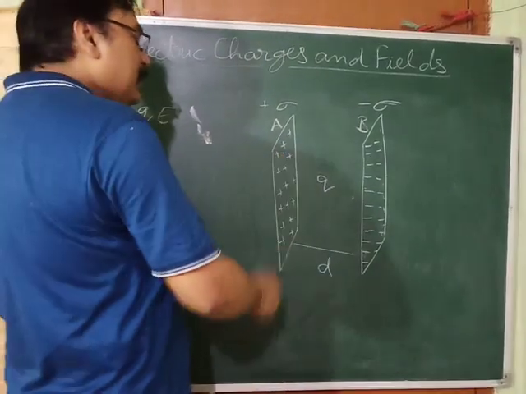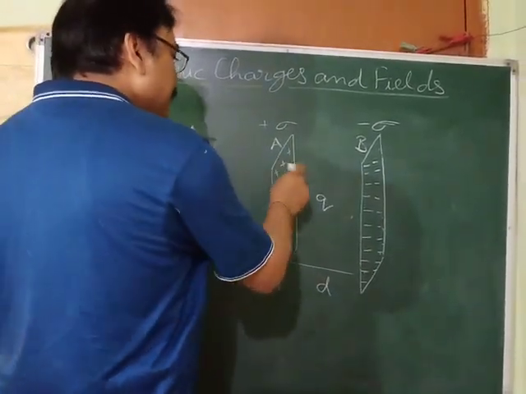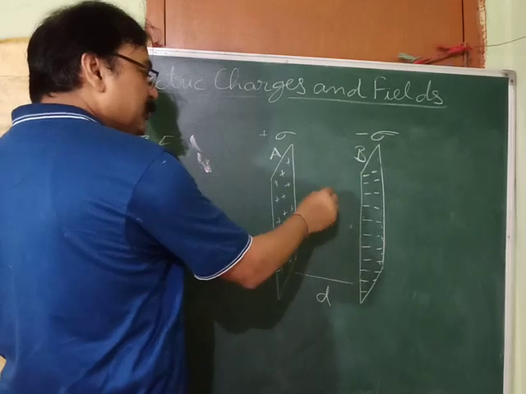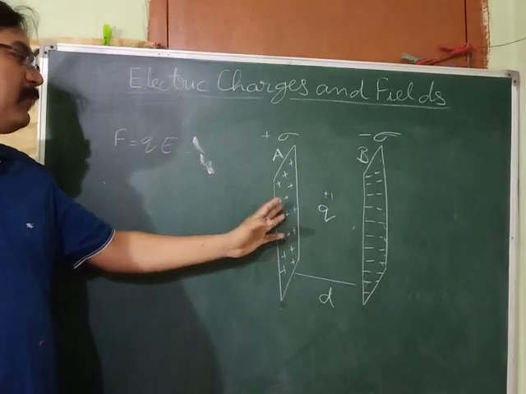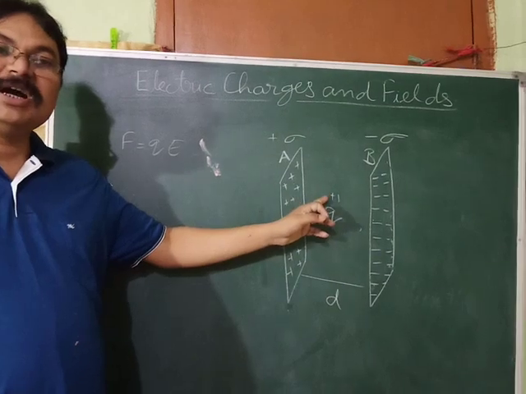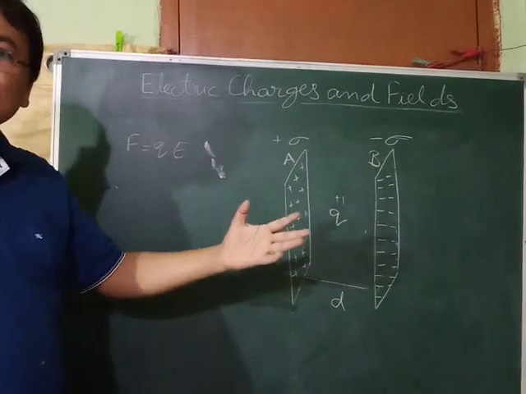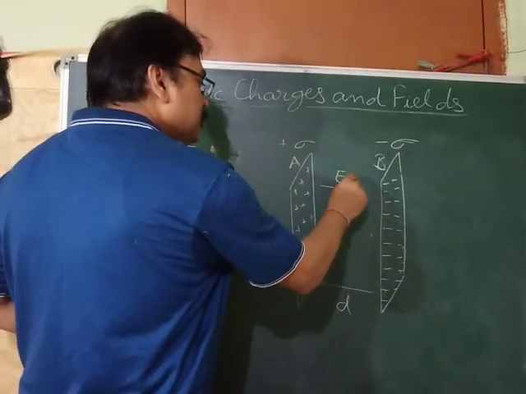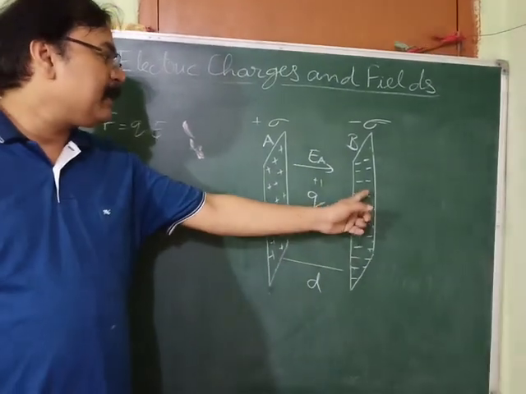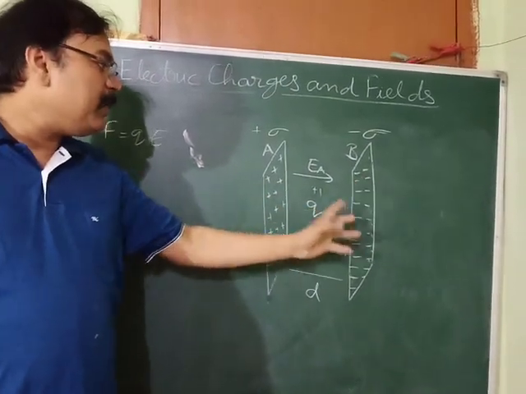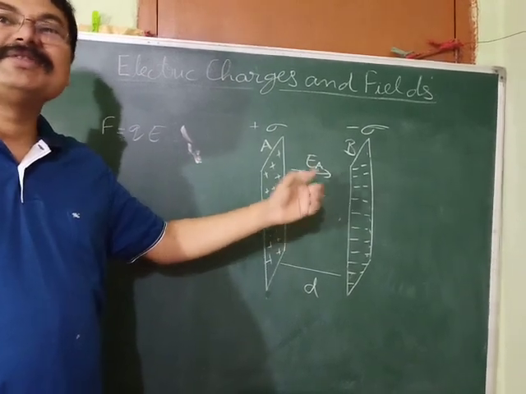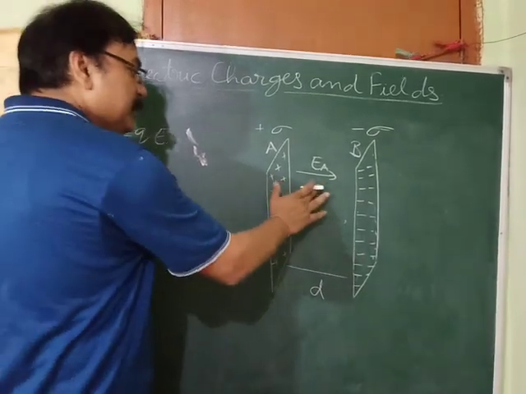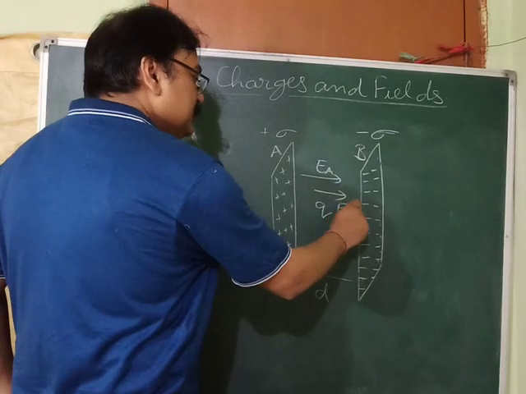In order to find the net electric field intensity, we have to find the direction of the electric field intensity due to both the plates. Suppose you place a unit positive charge. This plate will apply force on this unit positive charge away from it, obviously, because similar charges repel. So its electric field intensity will be directed in this direction. Now turn for plate B. Will this plate attract this charge or repel? Obviously attract. Attract means it will apply force on this charge towards itself. That means in this direction. So this is the direction for EB.